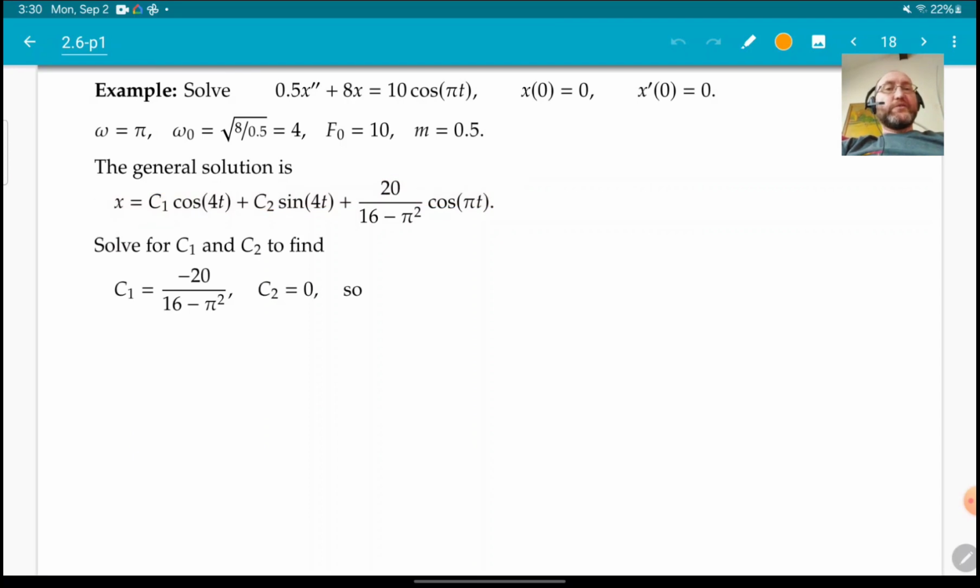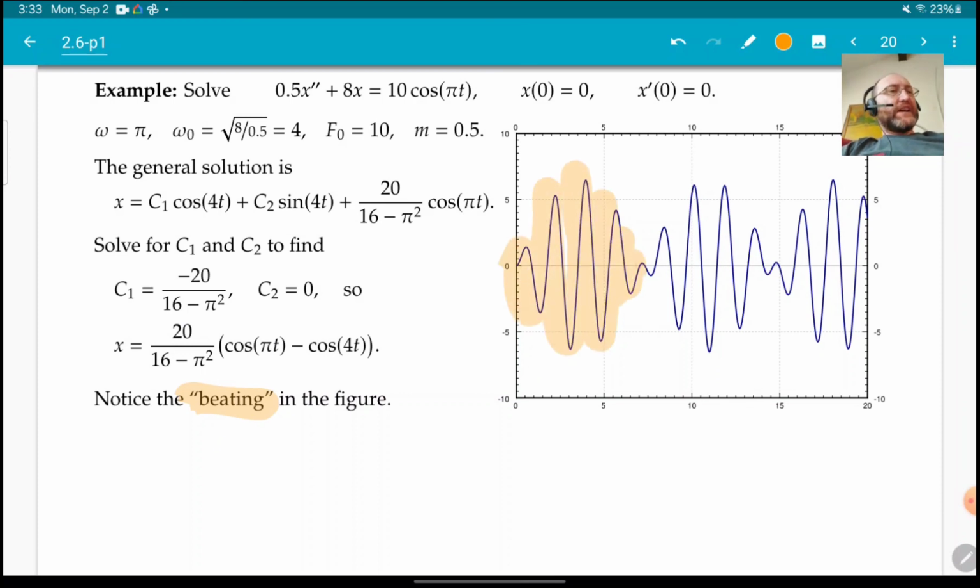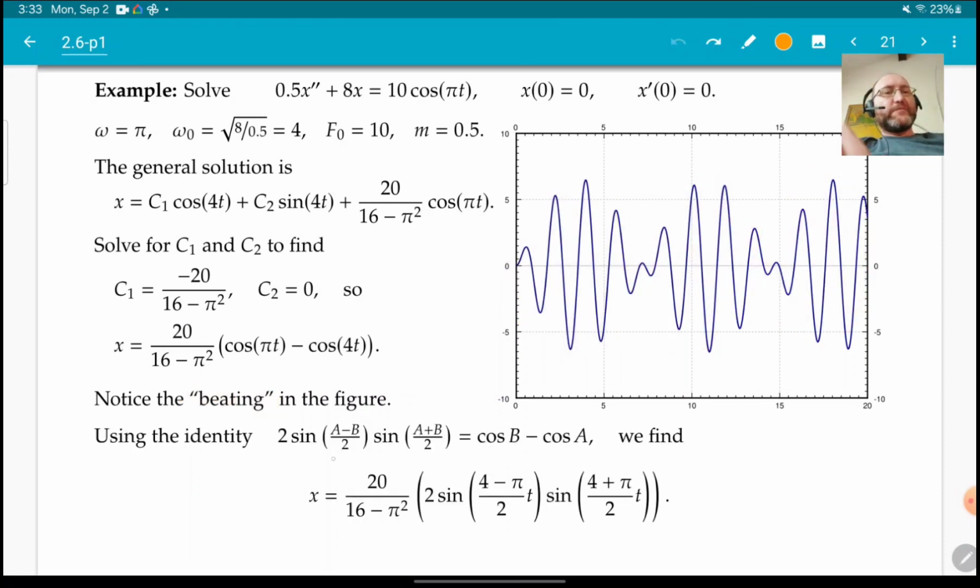All right, so the general solution, we just plug that into this formula. So if we solve using the initial conditions, solve for the C1 and C2, we find C1 is actually fairly conveniently this thing, and C2 is 0. So this is what the solution is. And here's the graph. So notice this so-called beating phenomenon, and that's this phenomenon where you have something growing in amplitude and going down, growing in amplitude, going down, and this really comes from this